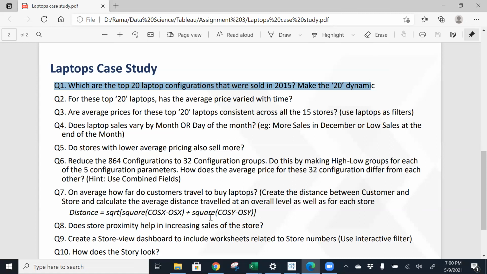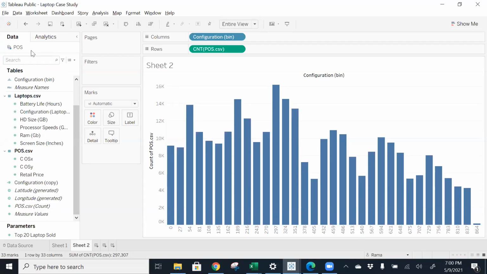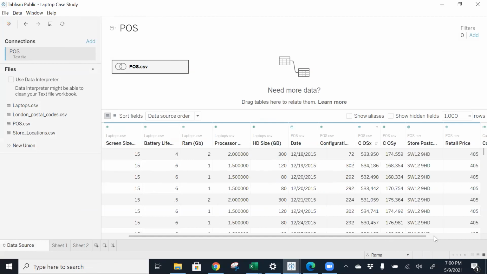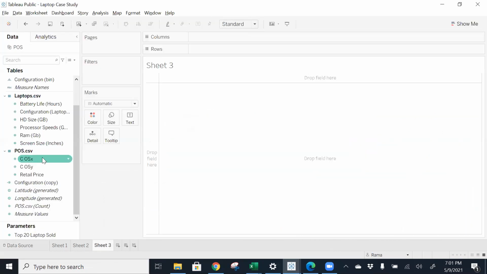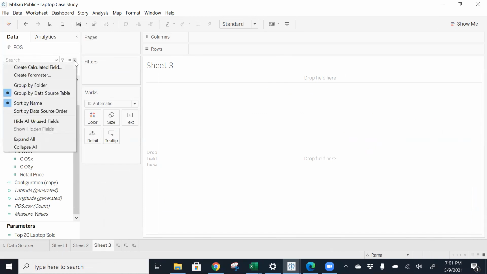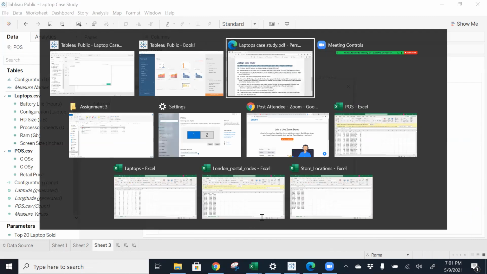So do you have this data, where you have the distance data with you? Not distance. So here it is. Yeah, here it is. Okay. So first of all, you'll have to create that field. So you have this field of COS X and COS Y. So you'll have to create that calculated field. So if you come over here, create a calculated field now. Okay, and you'll have to use that same formula that is given to you. So you'll have to be able to do it.